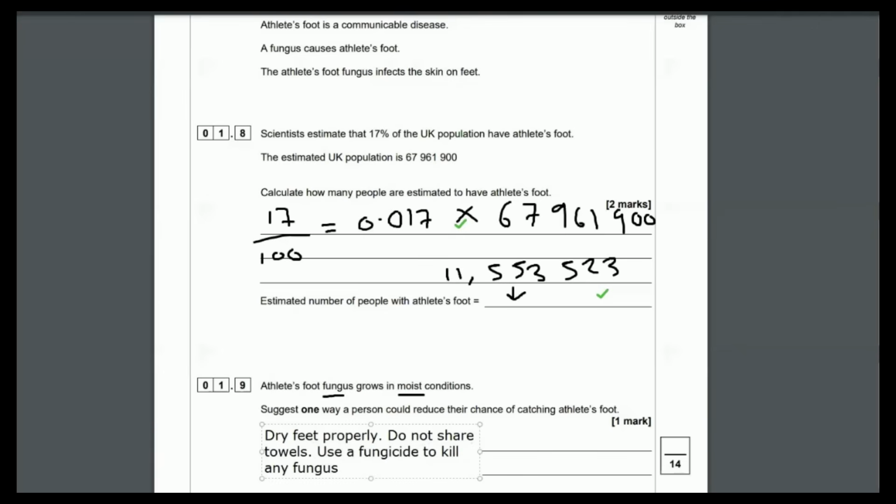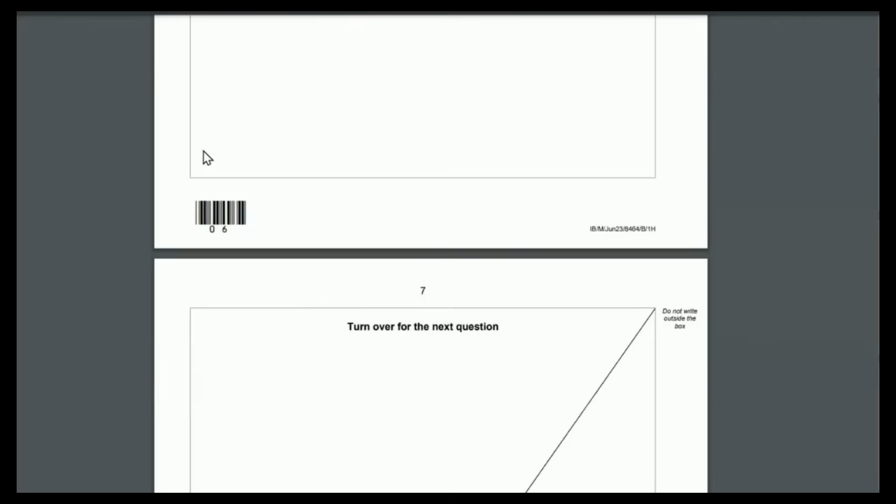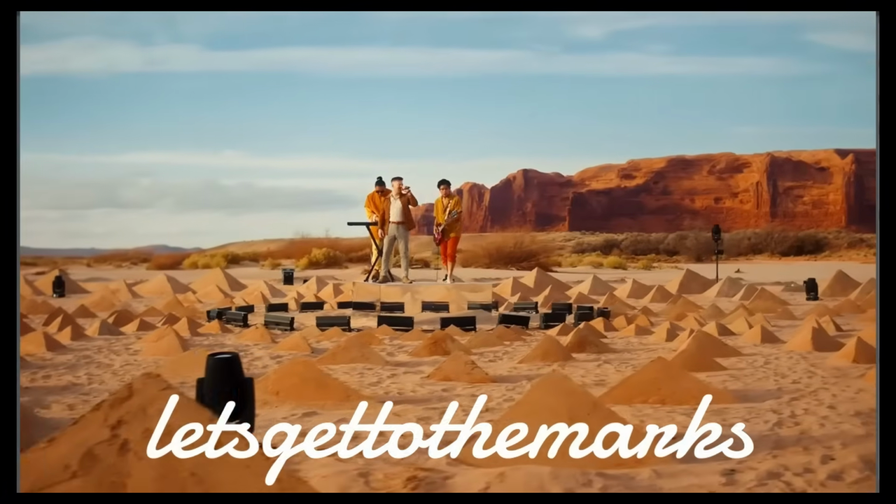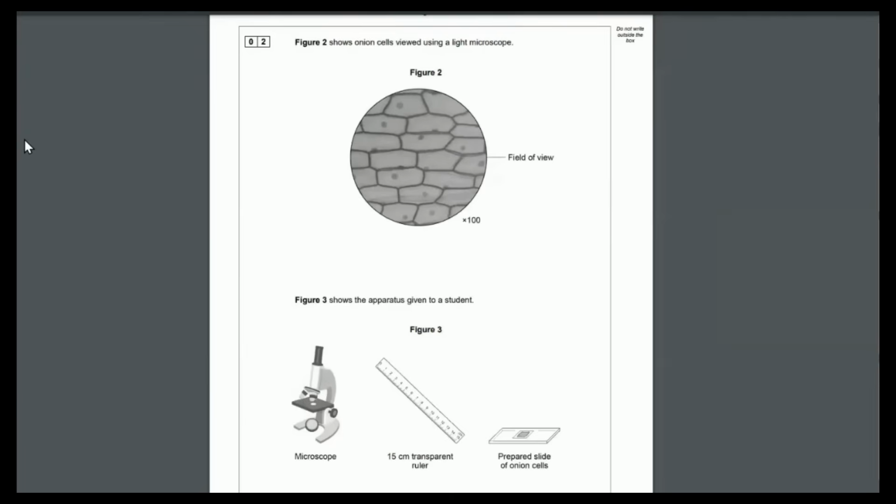Really, walking around barefoot is an easy way for you to catch athlete's foot off someone else if you're on a hard surface. You can use a fungicide, sprays, creams, or powders on your feet that will kill any fungus. And wear socks if you're in a public place, like when you're walking around your friend's house. At least keep your socks on your feet, and then you won't pick up their athlete's foot if they have it. And that's the end of question one. Let's move on.